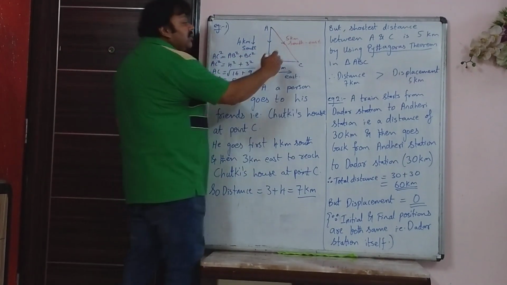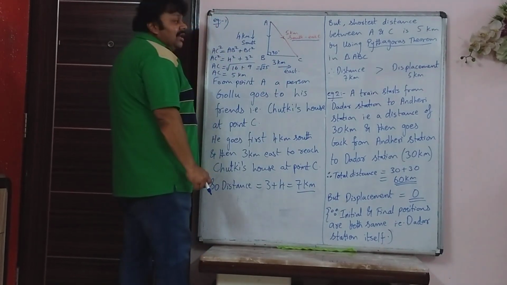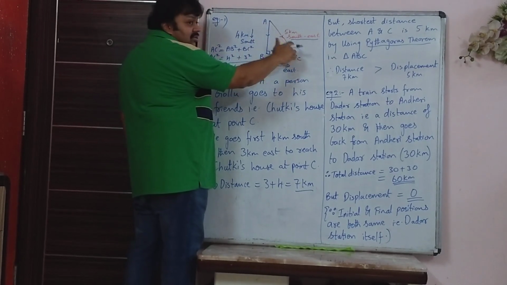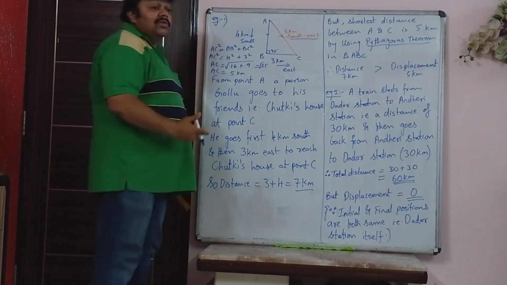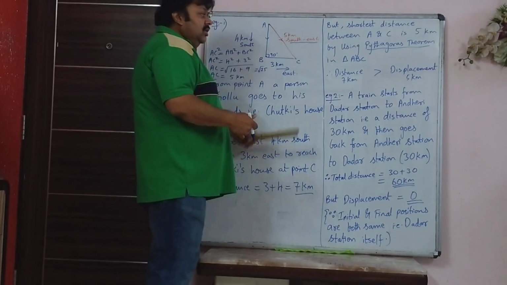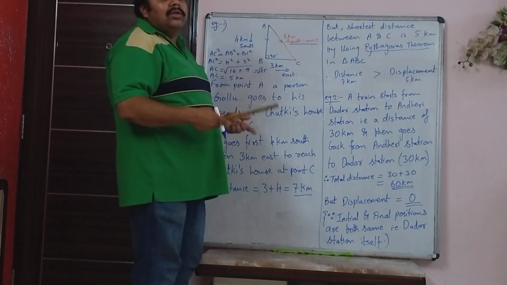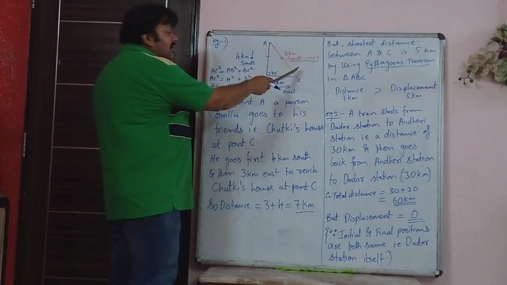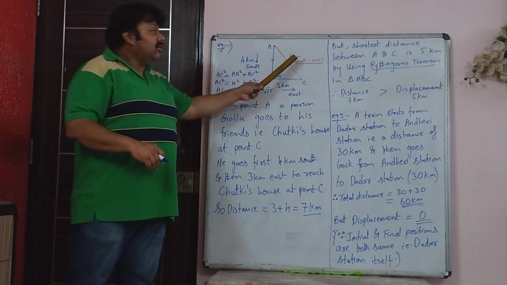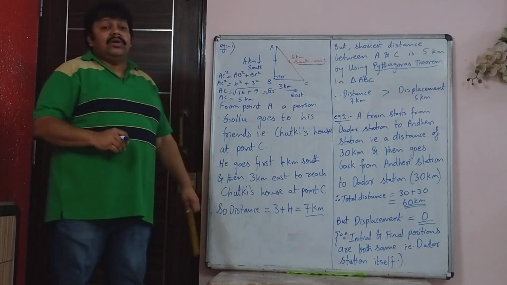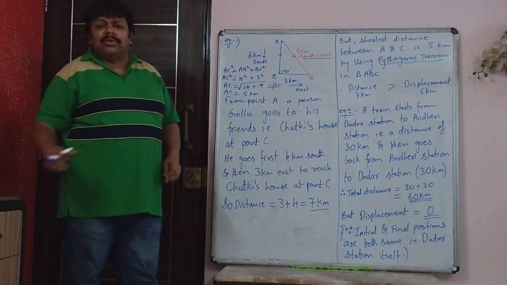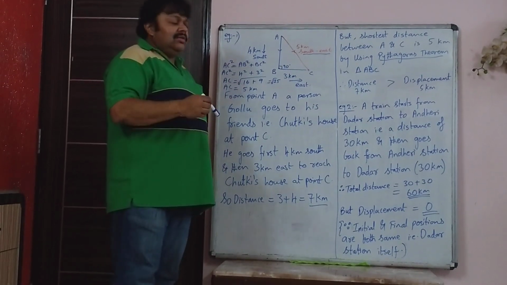But now for displacement, you will also write the direction. So you will say it is southeast. Not just south, but towards the southeast. So displacement is 5 kilometers southeast. So the distance in this case is more than the displacement. When you write the displacement, you will not only write the value, that is magnitude, and unit, but you will also state the direction.